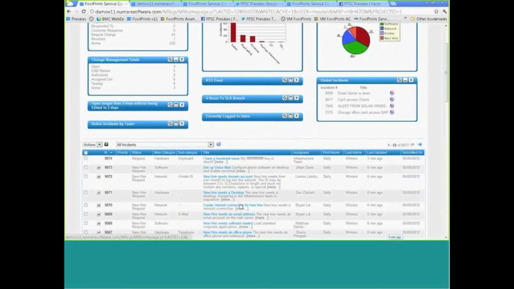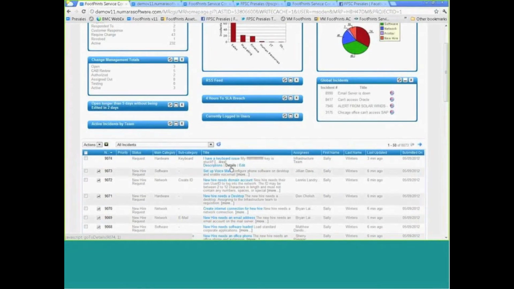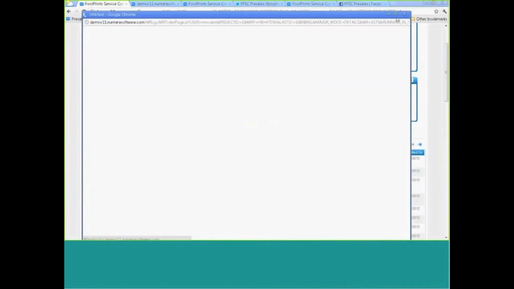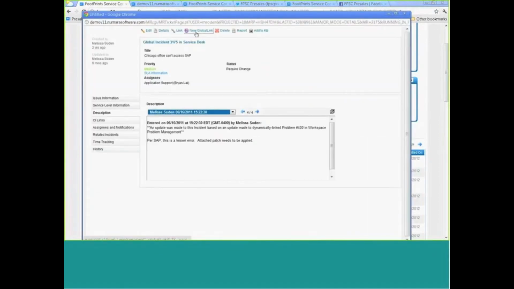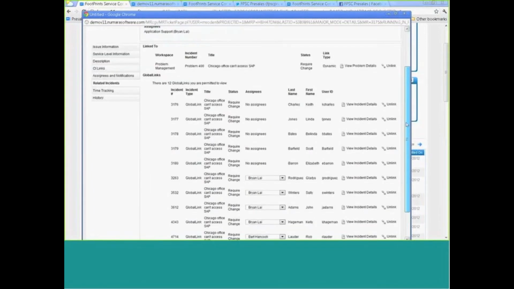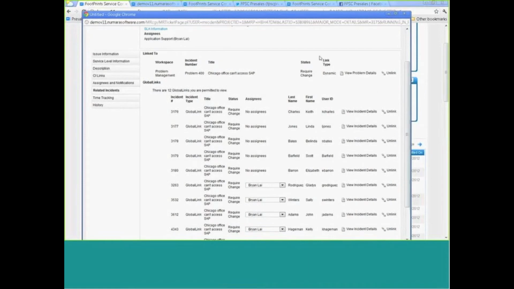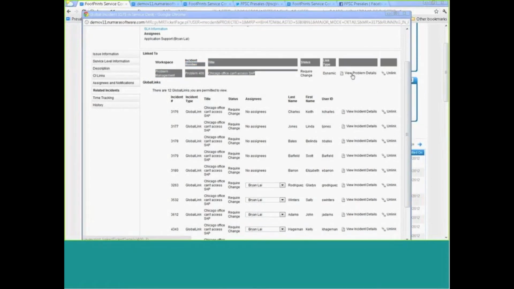Okay, so before we go to questions, I do just want to look very quickly at the idea of the ITIL process. And most commonly what we see is the creation of globals from the incidents, which, let's look at that SAP one, will allow us to then easily associate new customers that are experiencing that issue and understand the potential impact to the business in terms of how many people have been affected. It also automatically can go out and create cross-workspace copies engaging problem management. And as this problem